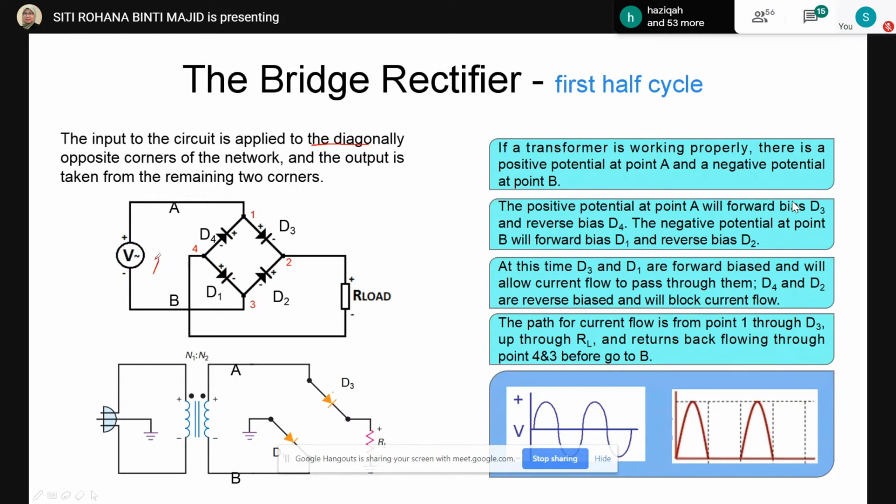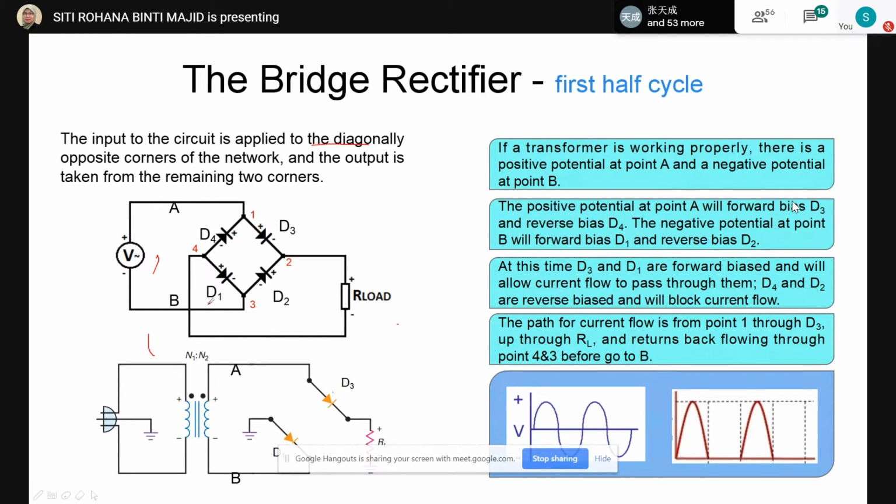So here is the AC input signal for this rectifier, and we can also redraw this diagram into this, in which we will know the process of the current flow, which is from A to the load and then return back to the